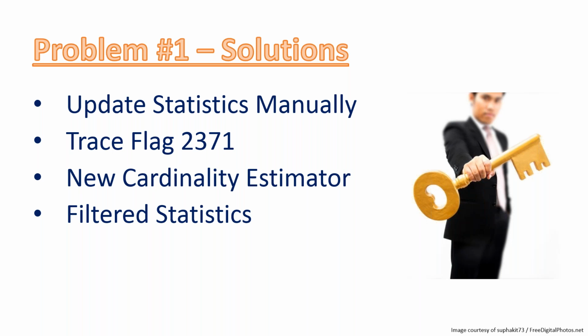By default, the database is configured to update statistics automatically. And like I said, before 2016, the threshold is every 20% rows changes in the table. It might take a long time until the next time statistics are updated automatically. So maybe we want to increase the frequency, and in order to control that, we can do it manually, let's say once a day. Another reason is that by default, the automatic update statistics of SQL Server is done with a sample of the data and not a full scan. And if we want to update statistics with a full scan to have a more accurate histogram, then we can do this with a manual operation.